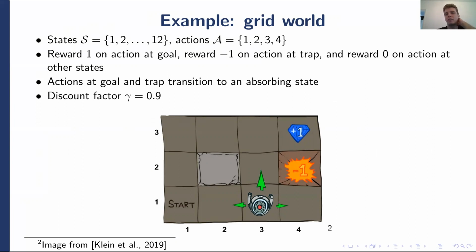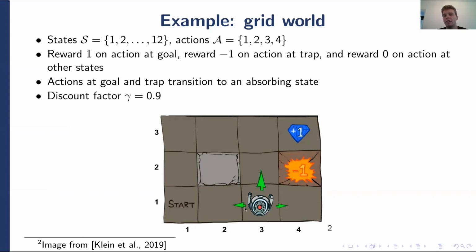This example is a very traditional example. It's called a grid world. There are many different grid worlds, and this is just one example. In this grid world, there is an agent, and this agent is a robot. This robot is placed in a map, and in this map, the agent can take 4 actions. It can go left, it can go up, it can go right, and it can go down.